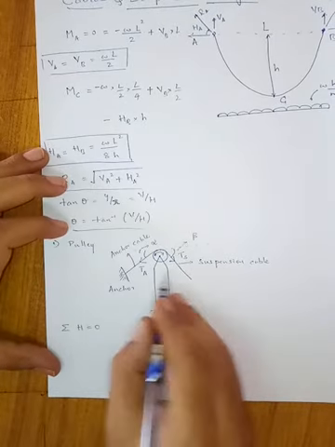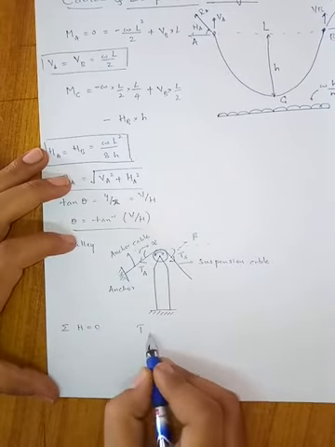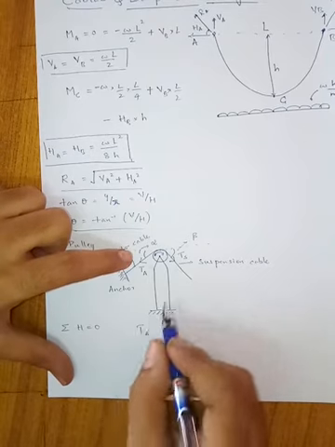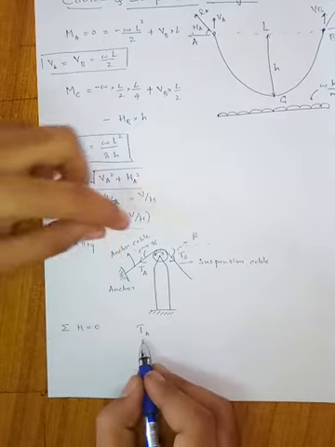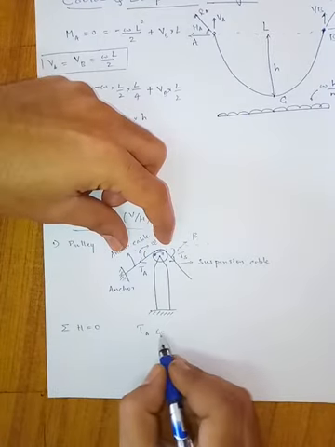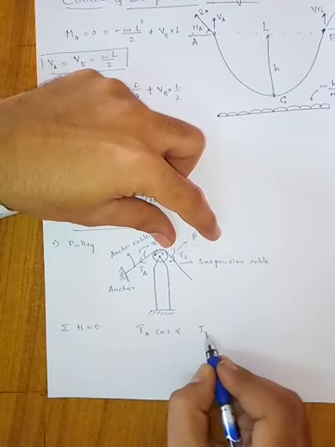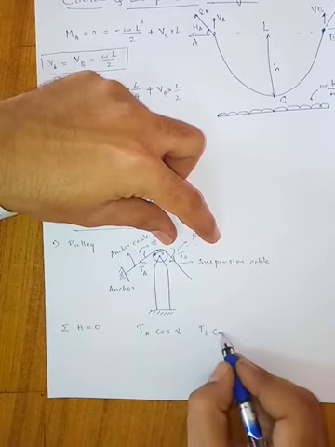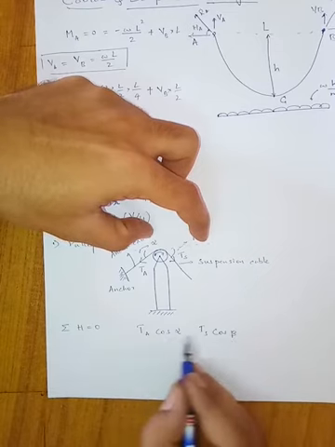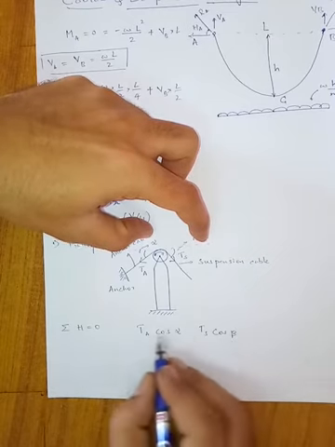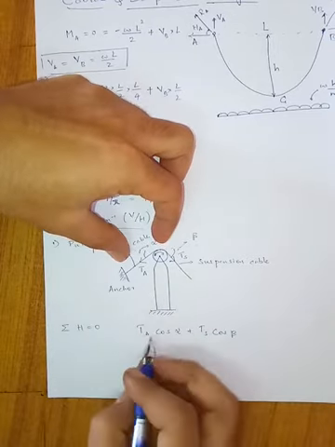Tension in both the cables is the same, but the angles are different. Here we can see TA, the horizontal component of the tension in the anchor cable is TA cos alpha, right? Here it is TS cos beta. Sometimes alpha and beta are not the same, so there is a net difference. If this is going to the right, TS cos beta is positive. This is going to the left, hence it is negative.